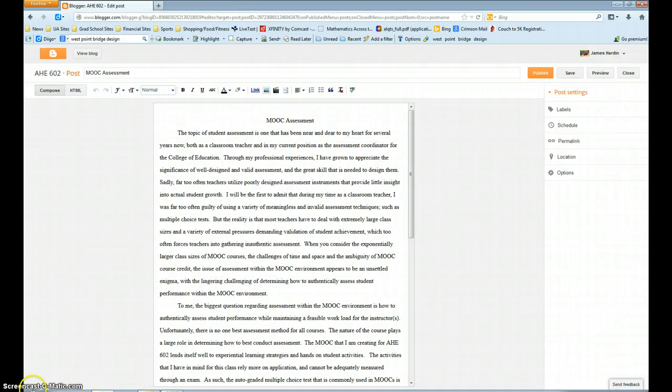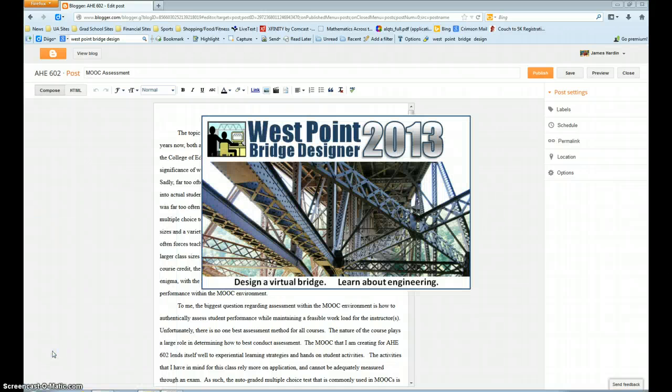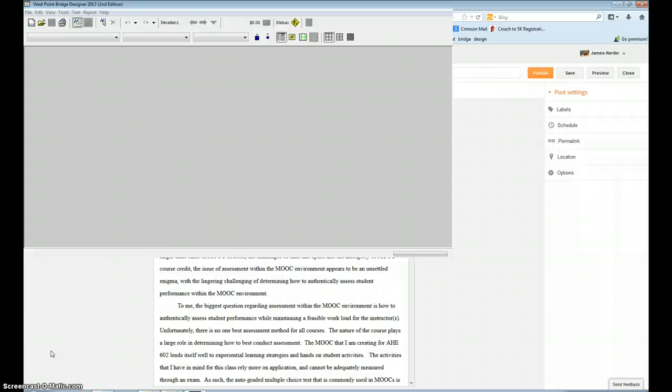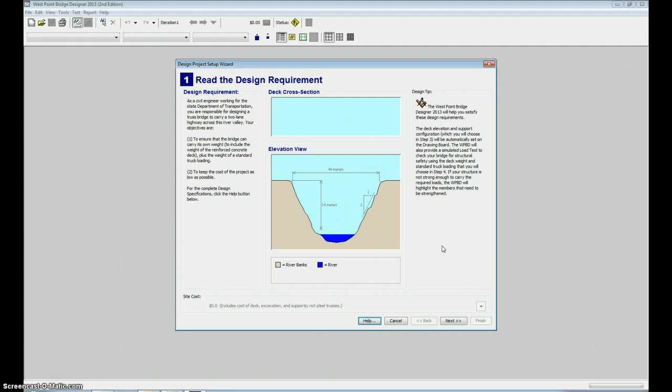Now once you've done that, you're going to open the start panel for your computer, and you'll see that it's installed the Westpoint Bridge Design software. Go ahead and open the software. When you open the software, this welcome message comes up. So since this is your first time working with the Westpoint Bridge Design software, just make sure you click create a new bridge design and then click OK. And this will bring about the